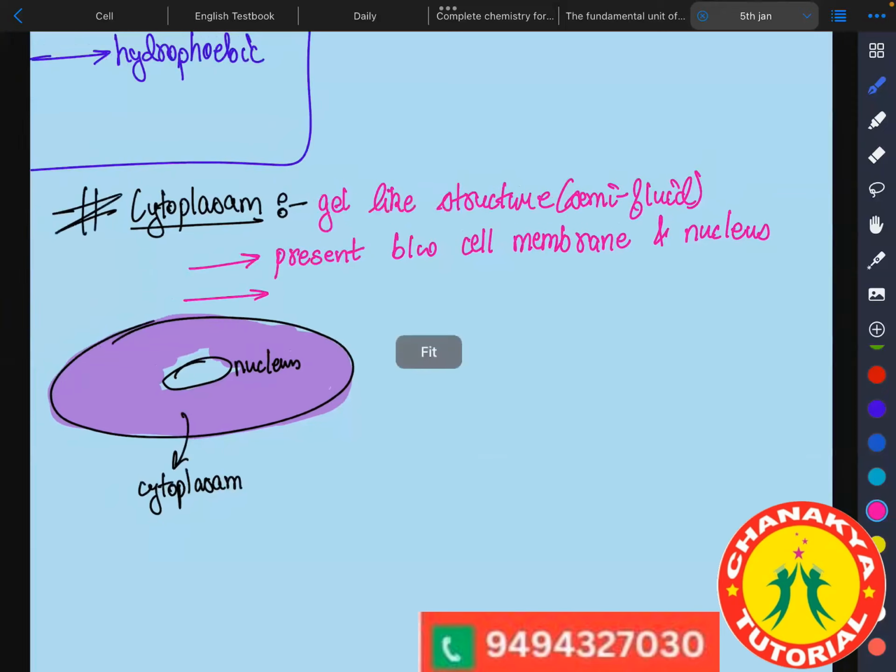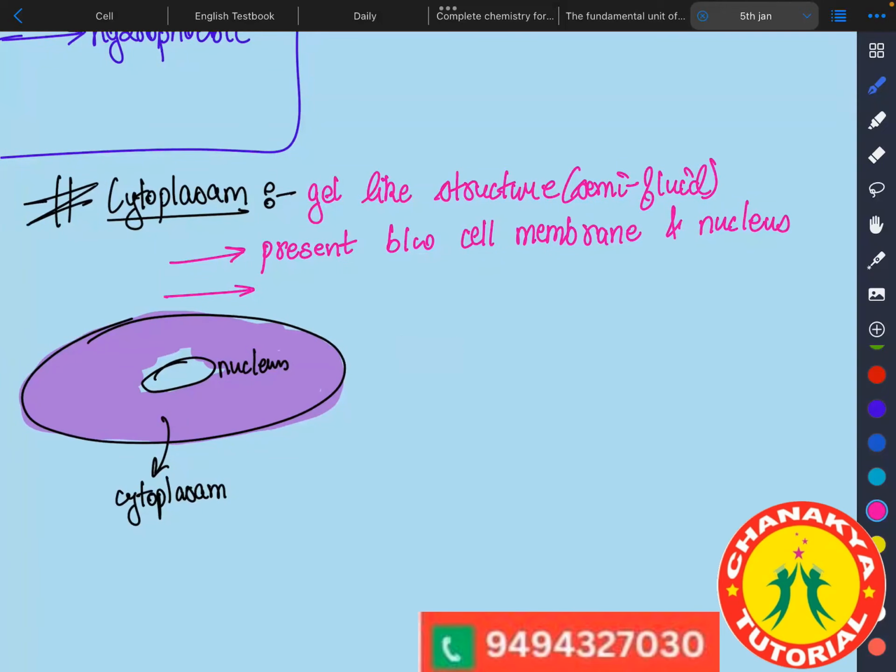So, like you guys told me, it acts like a medium. It provides a medium for the transportation. Can I write that it acts like a medium for transportation? Yes, because if there is no cell cytoplasm, then there won't be a medium through which all kinds of material